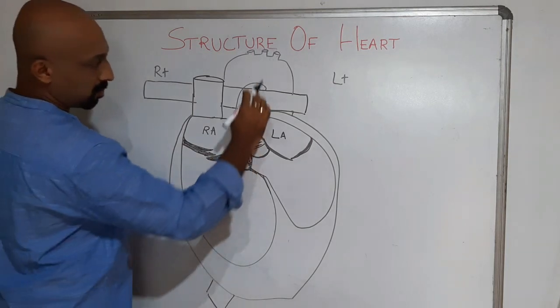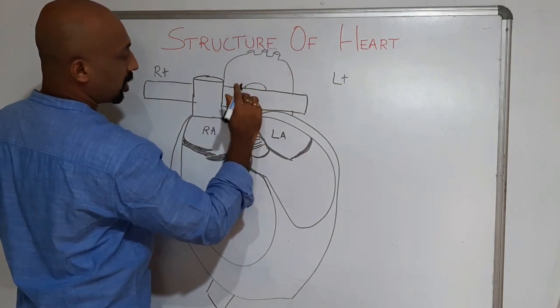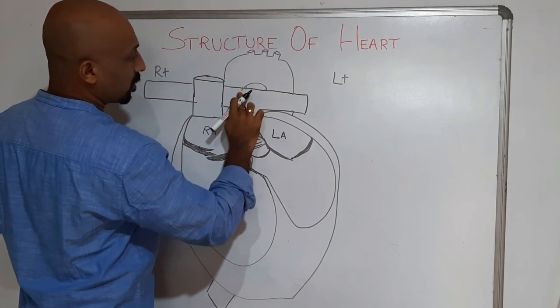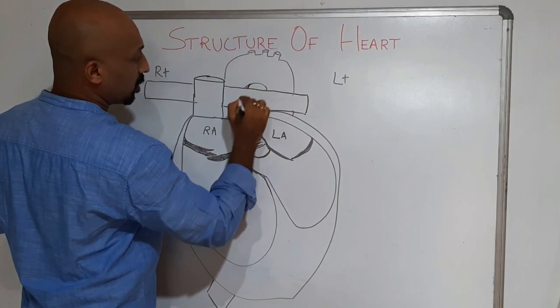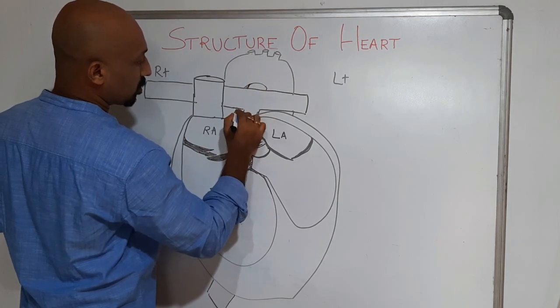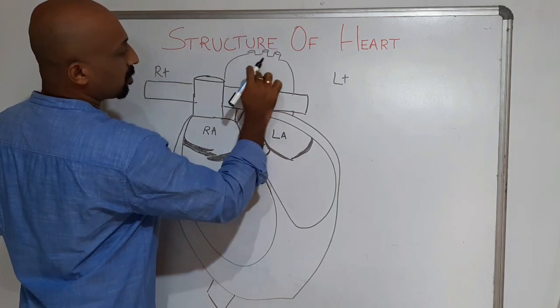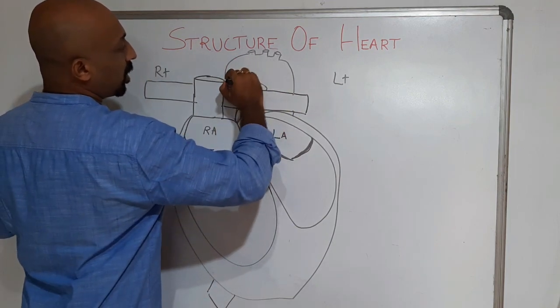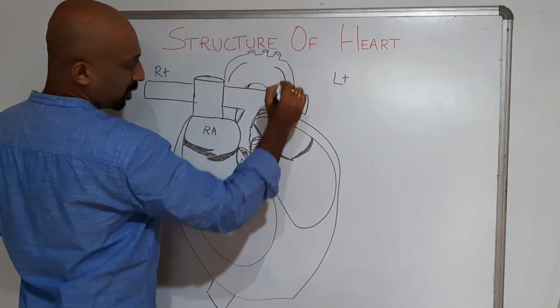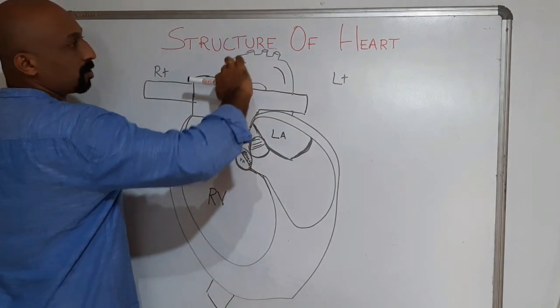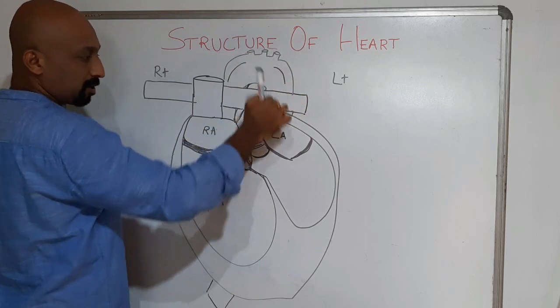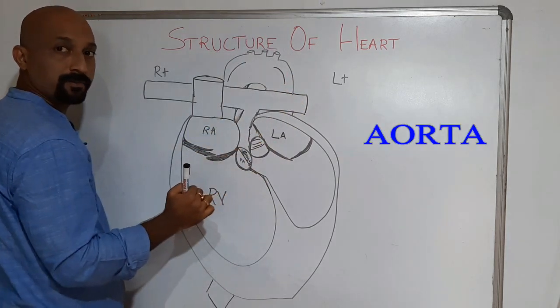Okay, so this structure is the aorta. Actually, to make it clear, I'll draw the structures like this. So it goes like this in the inner circle, and it rounds like this, like this is the arch. Again it is descending round, and it comes over here. So this is the aorta part. So I'm just drawing the aorta here.